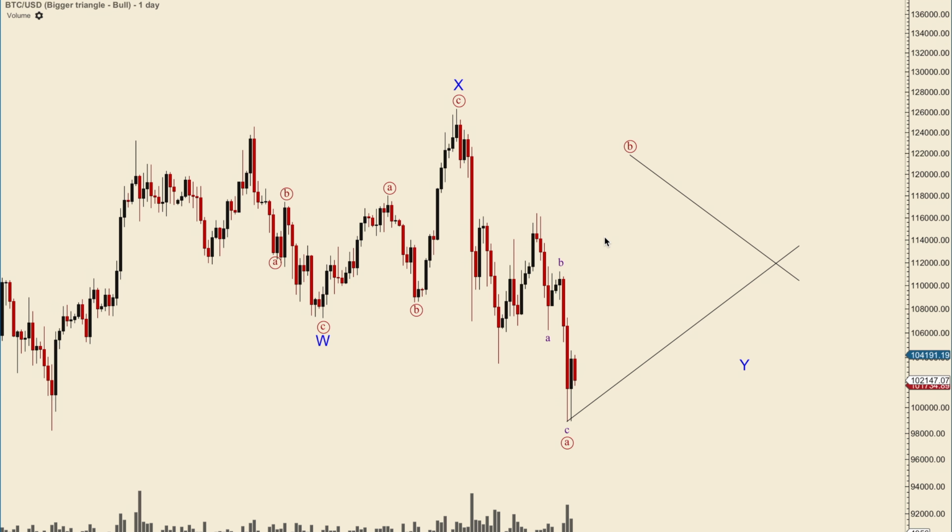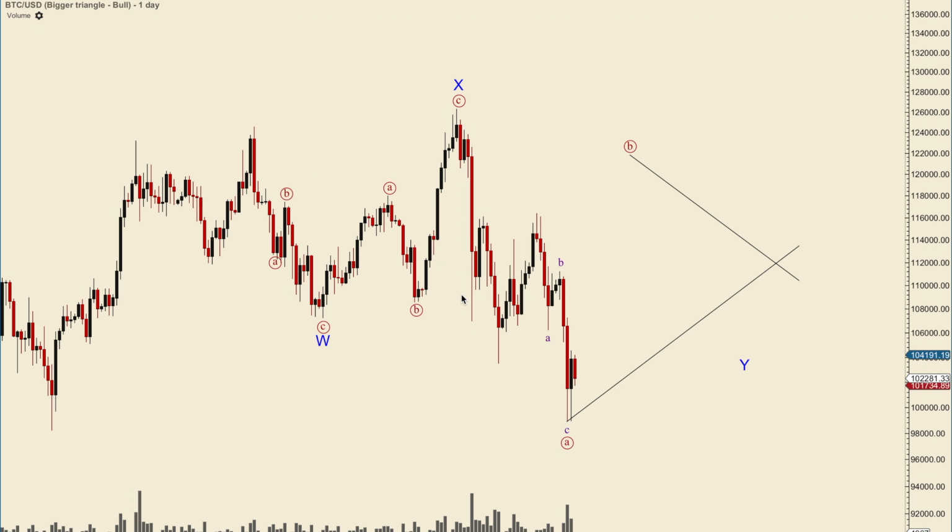So a triangle is, it's very early to talk about a triangle. You don't really mention it unless you have wave D in place. But in this messy structure that we've had on Bitcoin, it is important to be aware of, because it counts very well as a triangle. You can see here W and then wave X, and now we have an ABC or a WXY. And the reason why this doesn't really have the highest probability is, number one, that we haven't hit the wave D yet of the triangle, and number two is that this move down counts better as a WXY than an